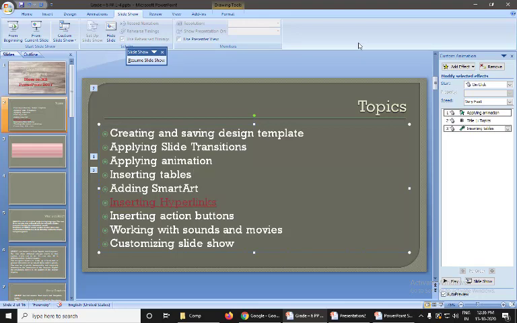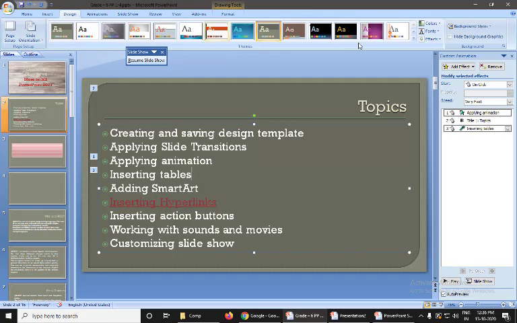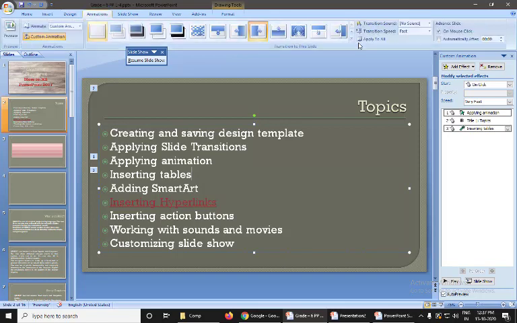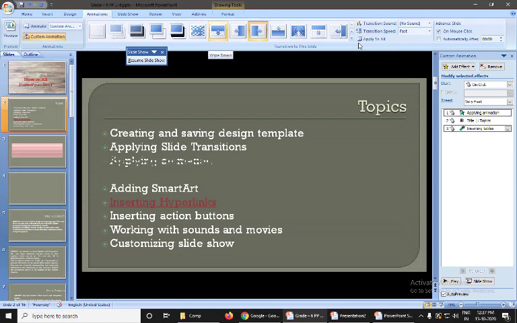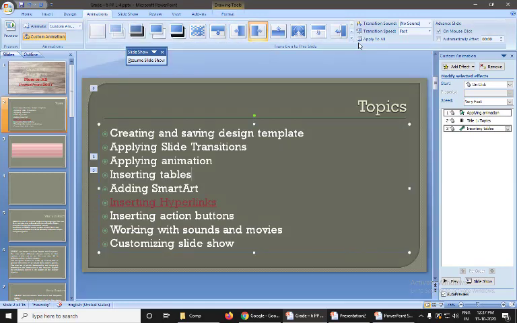I hope everyone has understood all the topics. Okay, so you try creating a PPT presentation and apply all the options available in the presentation, like design it in the different themes. Okay, apply the animations and transitions. If you want, you can insert the sound and music. Okay, so try and prepare one presentation. Okay, thank you.